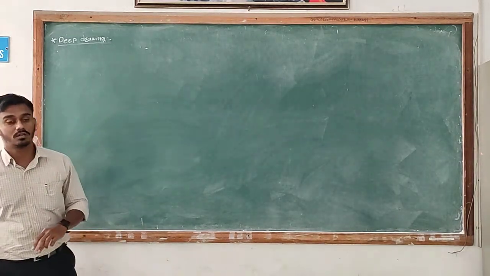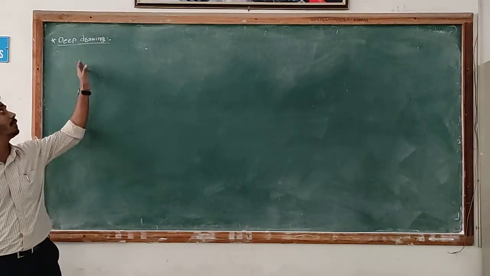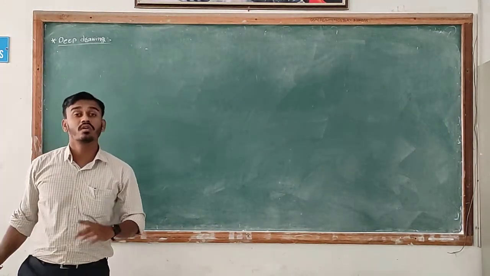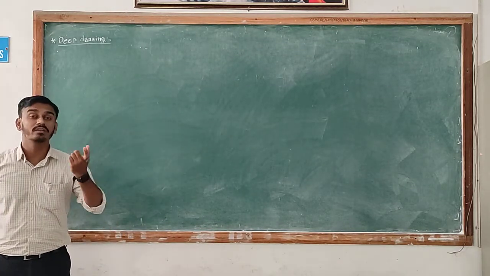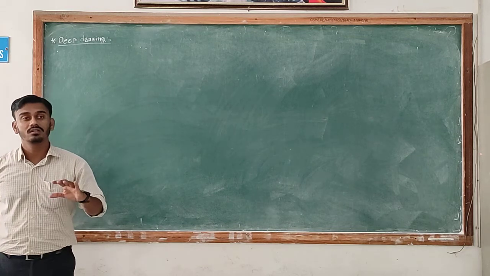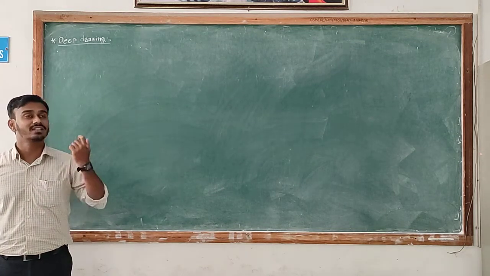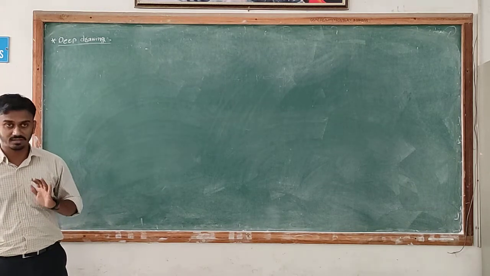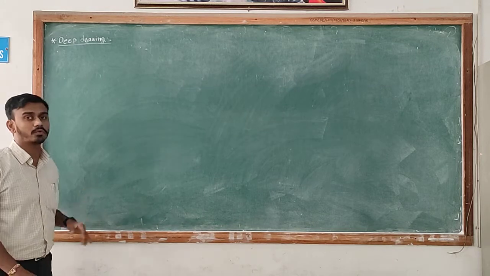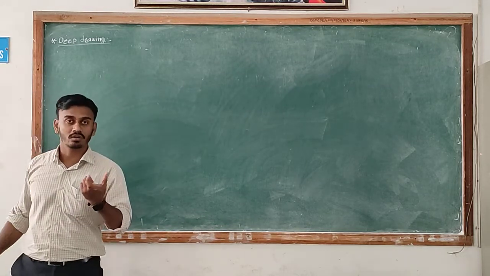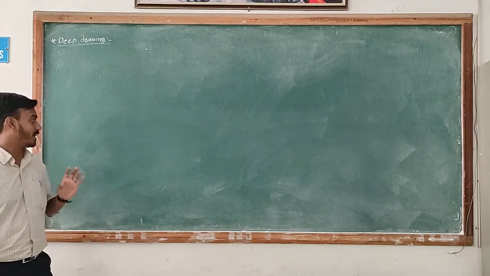Hello student. In today's session, we will discuss the deep drawing process. First of all, what is the drawing process? There are two types of drawing process. One is used to make a bar or wires, and another one is the sheet metal drawing process. First, we will discuss the drawing process if we want the output as a bar or wires.